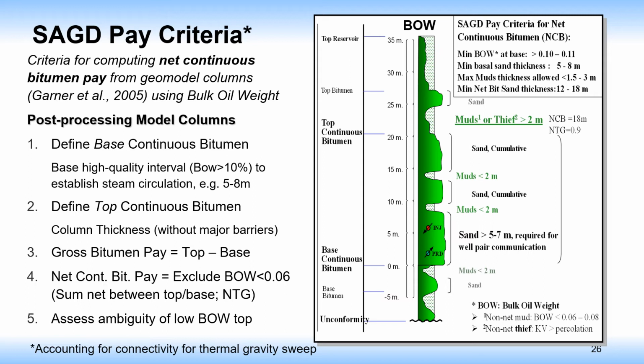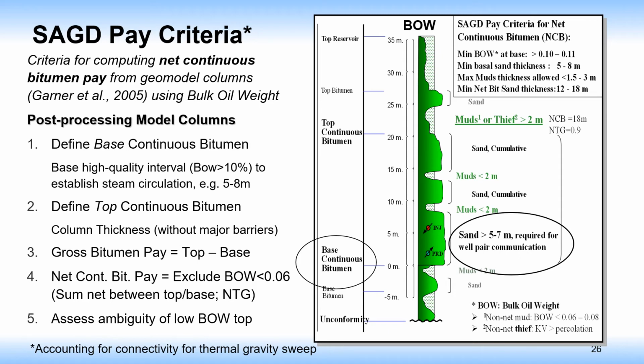So the base quality, we're going to use bulk oil weight greater than 10, so that's a high quality over this thickness. If we have that, then we have a base. Okay, so that's the first step right there. Then the second is the top. So we want to now look for the barriers, baffles. So now we're going to use the 6% bulk oil weight criterion. Anything less than 2 meters, 6%, for example, it could be 1.5. You could do 3 meters